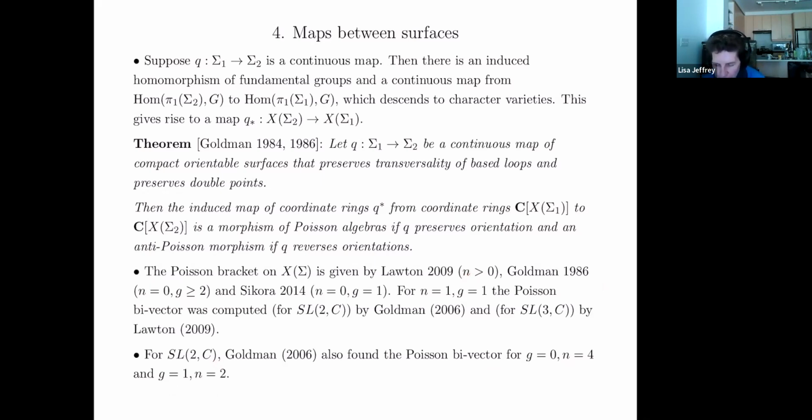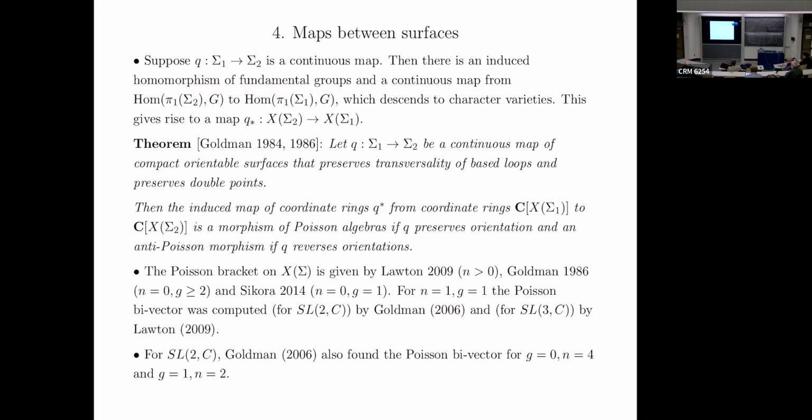So let's look at a situation where Q from sigma 1 to sigma 2 is a continuous map. We're no longer restricting to just inclusion maps. Then there's an induced homomorphism of fundamental groups and a continuous map from one set of representations to the other. And this descends to character varieties. So this gives you a map from X of sigma 2 to X of sigma 1. And Goldman proved that, so now